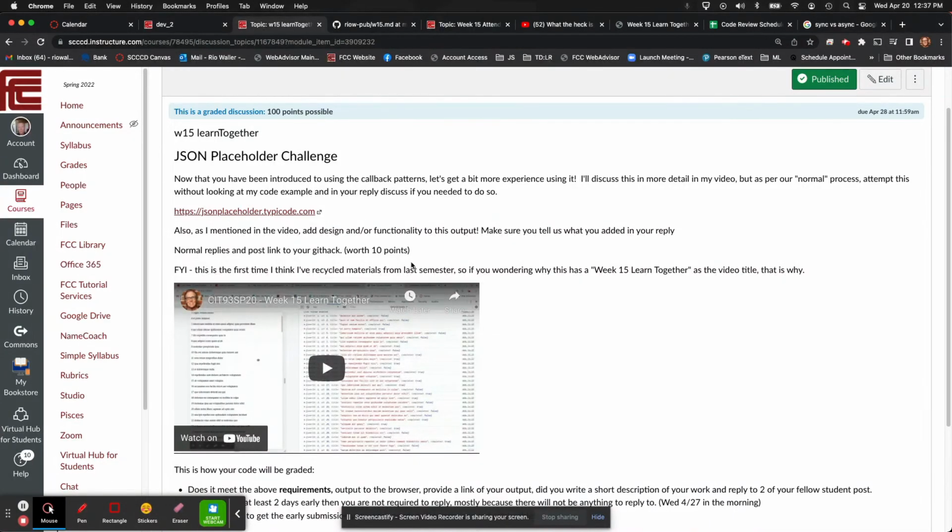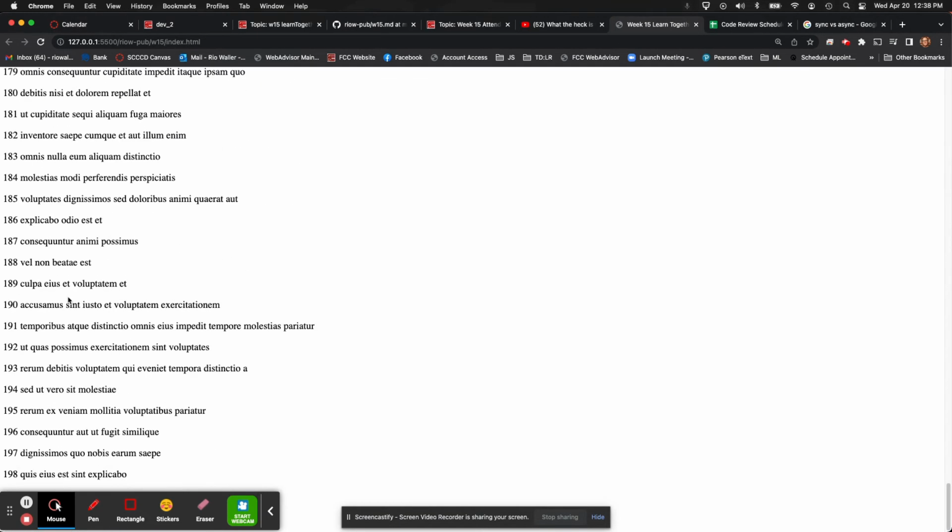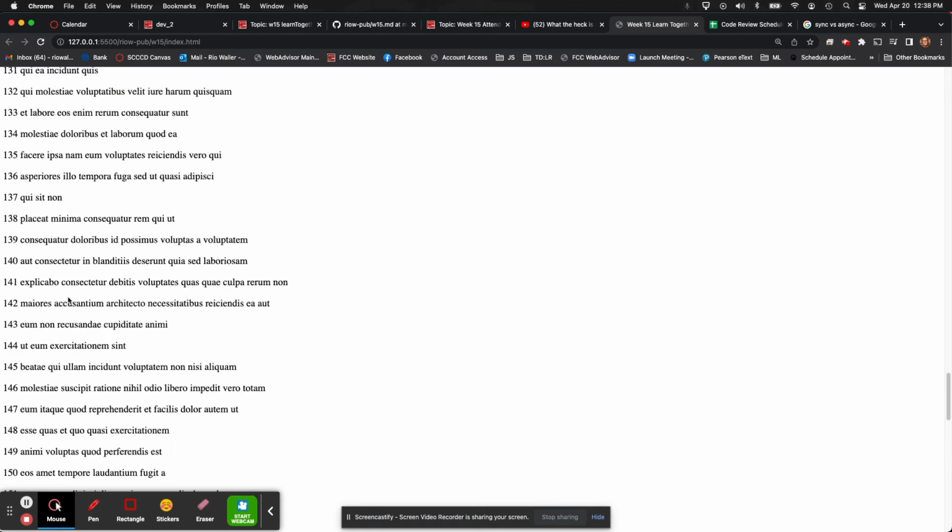And here's the endpoint you're going to hit, and you're going to handle that through callbacks. So that's kind of like the step one. And here's what that would look like: every time I refresh the page, it goes out and brings in however many, I think 100, 200, right?